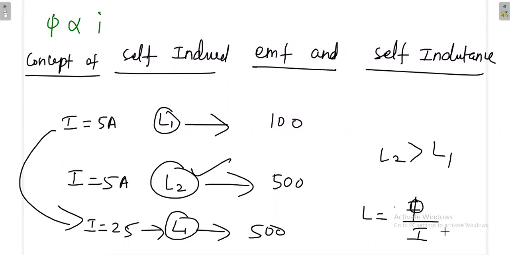So what is the idea? For an inductor, if the inductor value has to be large, then what should happen? For less current, it should produce more flux, so you'll get L as more. When you decrease the current, it should still give more flux. That's why L is always phi by I, because if you increase the current, the flux will increase too, so there is no effect. That's why the definition is like this.